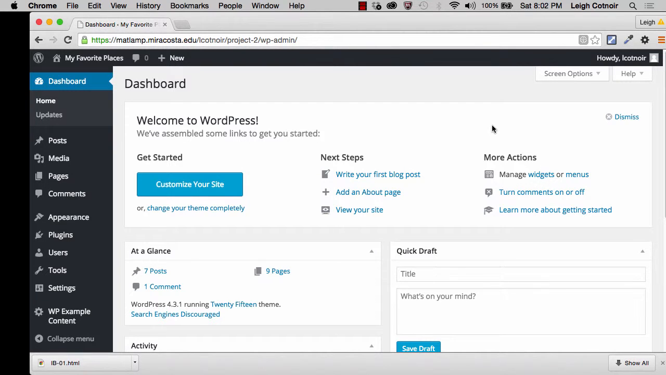Okay, so let's go ahead and start adding some material so that you can see how to create posts and media and pages. So you'll notice that first of all, we are in the WP admin panel, and anytime you want to get to the WP admin panel, by the way, if you're not logged in to your panel, then